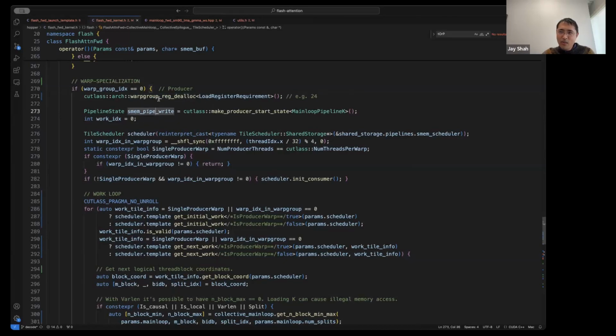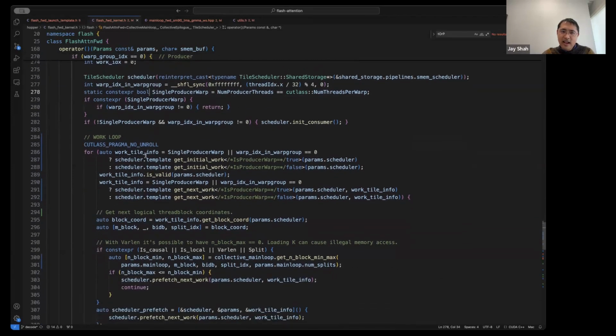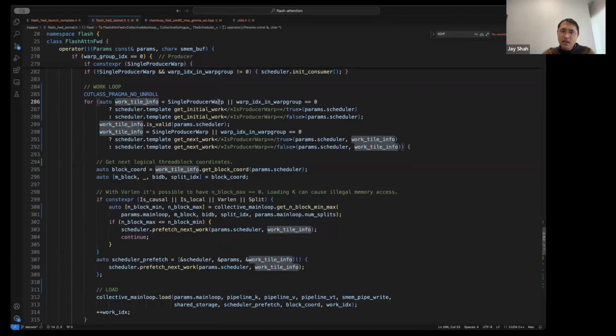I set up more pipeline auxiliary objects, which I won't have time to explain in this talk. I initialize the scheduler, and I have my work loop here. I have this work tile info class object returned by the scheduler with this get initial work method.